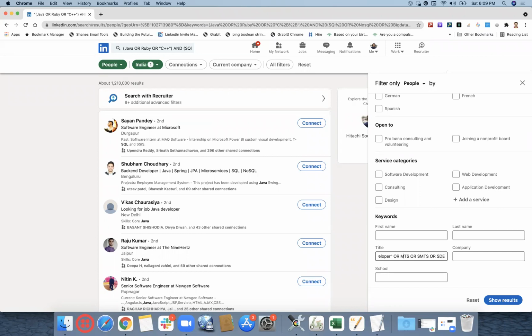1, 2, 3. Then this is 4. Okay, let me add one more OR. Software engineer or software developer or MTS, member of technical staff, or senior member of technical staff, or SDE, software development engineer, or people might write